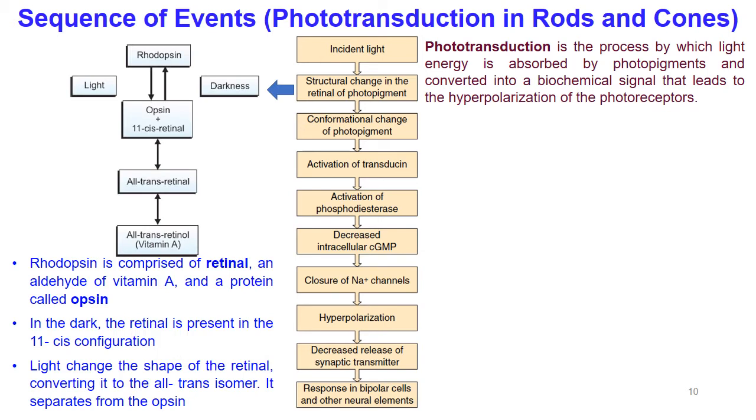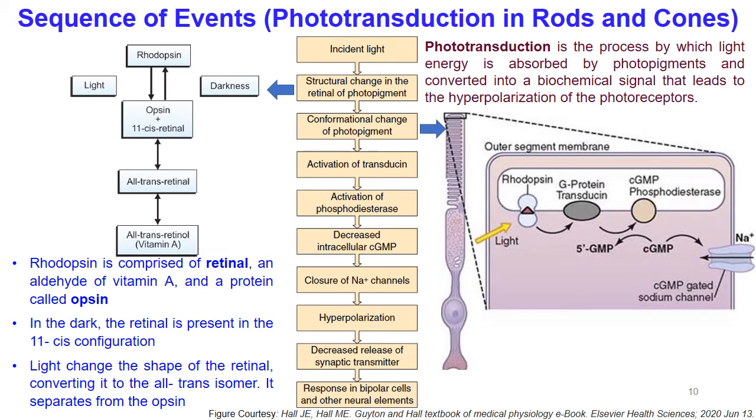Rhodopsin is comprised of retinal, an aldehyde of vitamin A, and a protein called opsin. In the dark, the retinal is present in the 11-cis configuration. Light changes the shape of the retinal, converting it to the all-trans isomer. It separates from the opsin. This in turn alters the configuration of opsin, and the change in the opsin activates its associated heterotrimeric G protein, which in this case is called transducin. The activated transducin activates